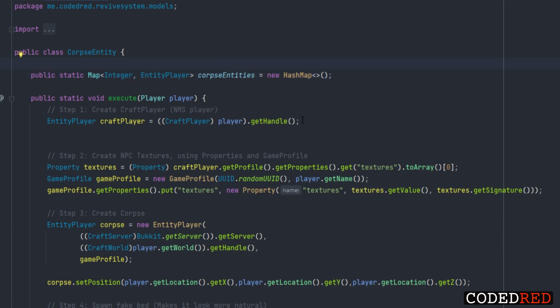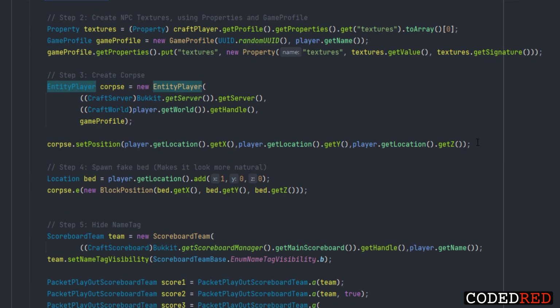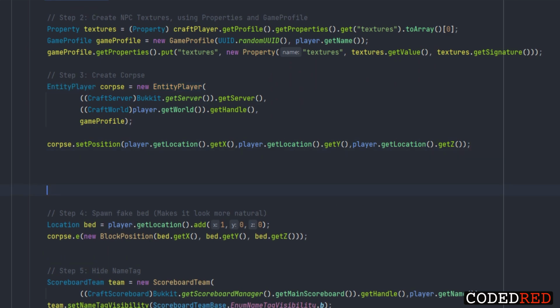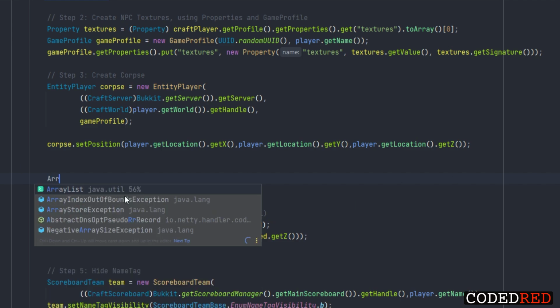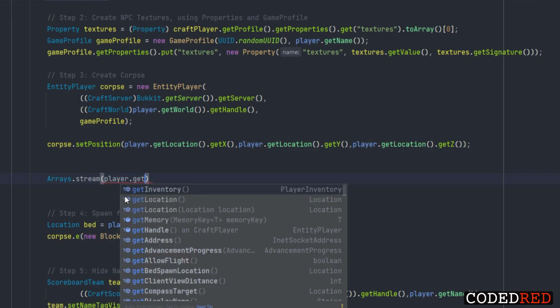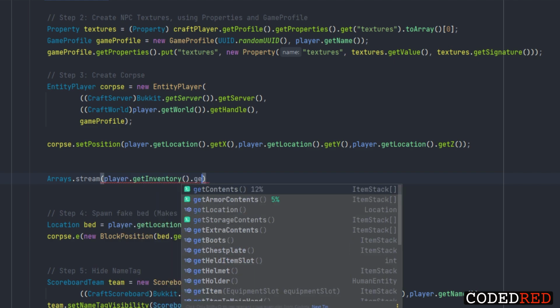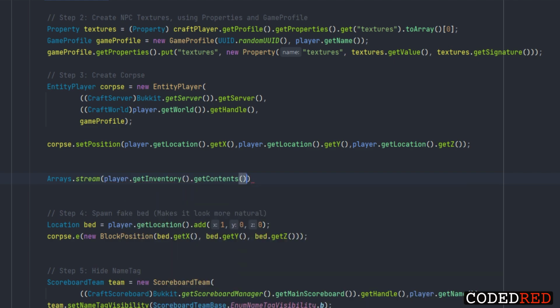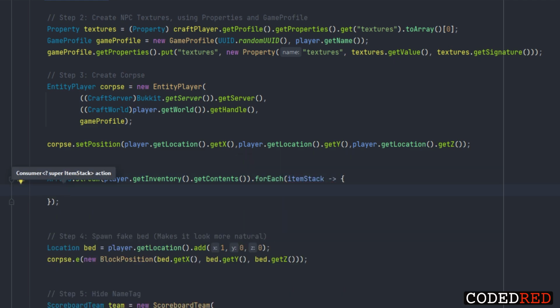But for right now, whenever you create an NPC, make sure you have a place where you can save the NPC's ID as well as the NPC itself. Also, if you want to do the whole inventory thing, another thing you can do after you create the NPC and set the position, we can say Arrays.stream our player.getInventory().getContents(). And then outside of this, we'll say forEach item stack,